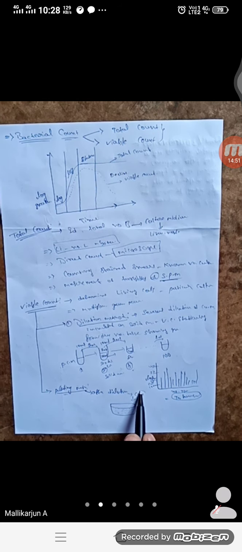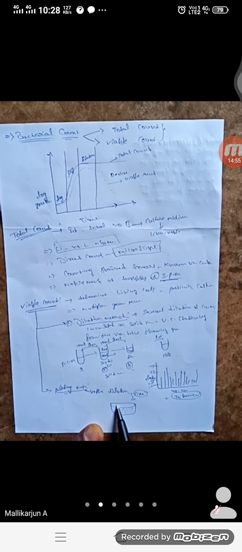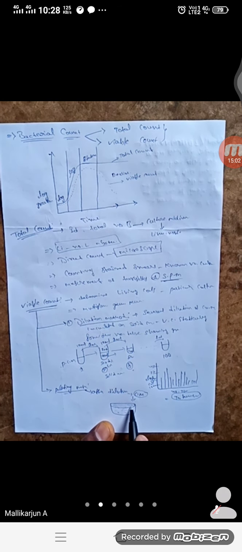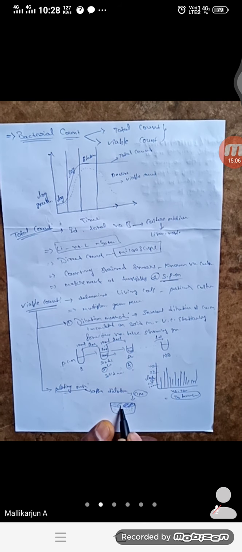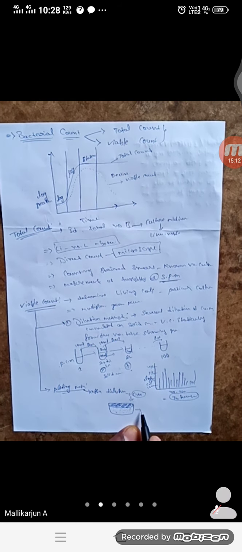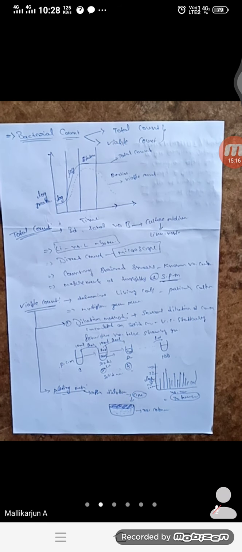Then after dilution, the culture media is transferred onto the surface of the solid media. In the solid media, it produces colony-like structures. Depending upon the number of colonies,